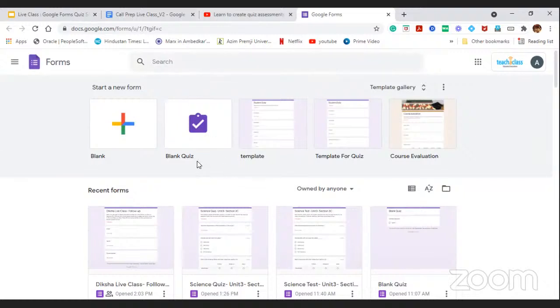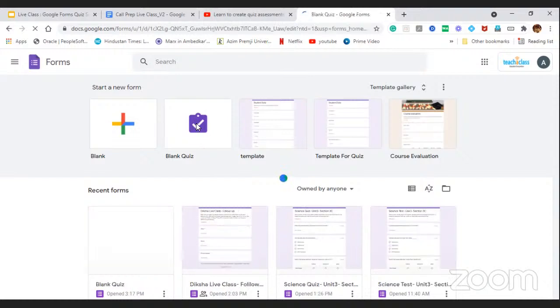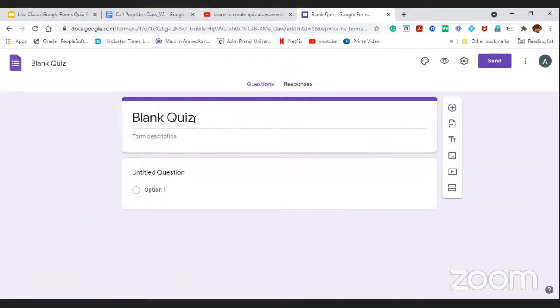So now, without any further delay, how can you convert your form into a quiz form? There are two ways you can create a blank quiz form. One option is to simply click on this blank quiz. If you're on desktop, you will be able to see this option. Click on blank quiz and this will